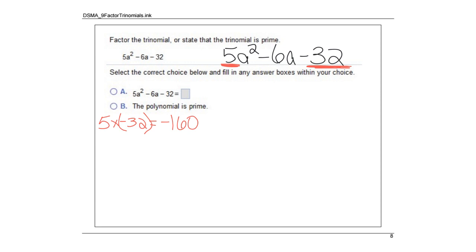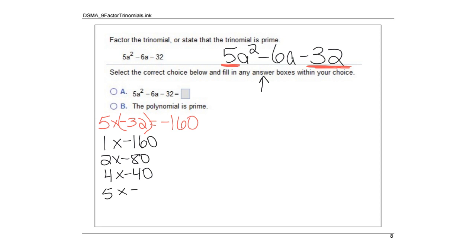Now, because this number in the middle is negative, we know that the largest number needs to be negative of our factors. So when I take 1 minus -160, it wouldn't work the other way because when I add these together, I wouldn't get a negative number. All right, 2 times -80, 3 doesn't go in. Let's see, 4 times -40,